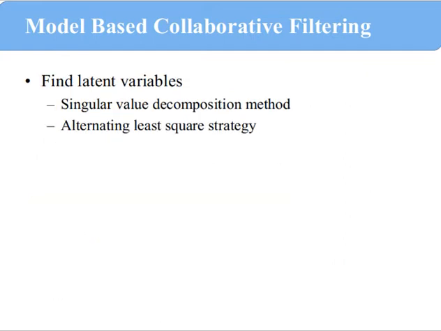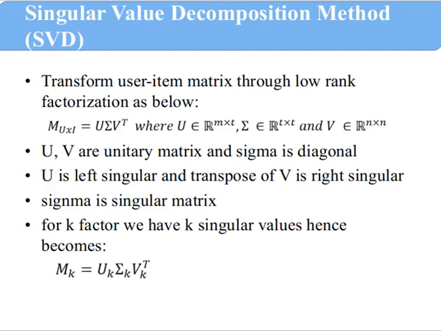So the main challenge over here is to get these latent factors. For that sake, we again have two methods to find such latent factors or latent variables. Those are the singular value decomposition method, and another one is the alternating least square strategy. So we'll see first the singular value decomposition method. Under this again we have to consider a user item matrix,